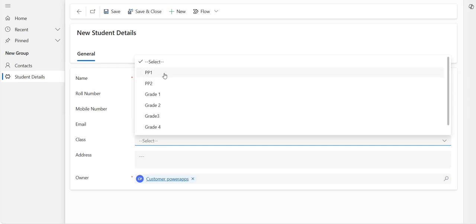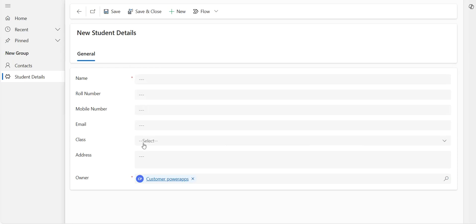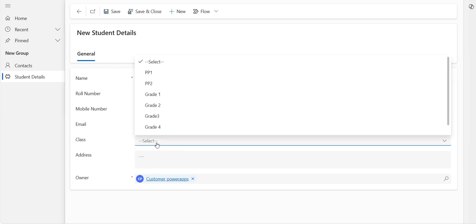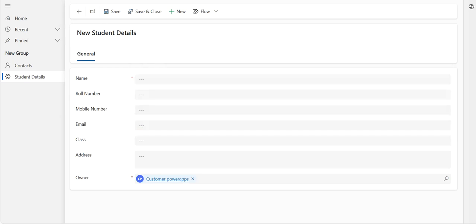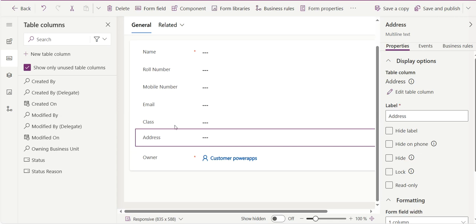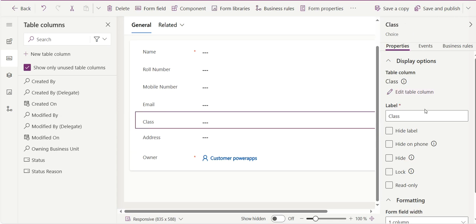Now in the Power Automate flow, I need to get this value. When we select this option set value, you will get the value of this option set, like PP1, PP2. I will show you how it comes. If you go to class and go to edit column,